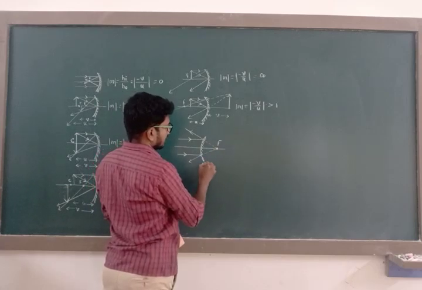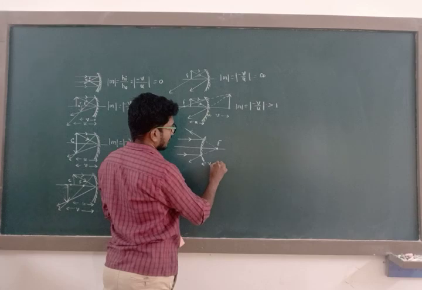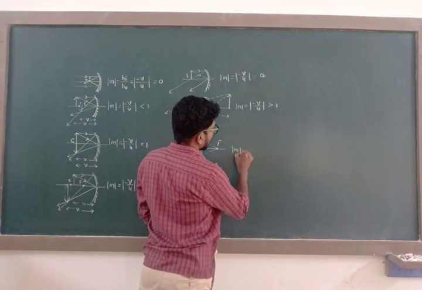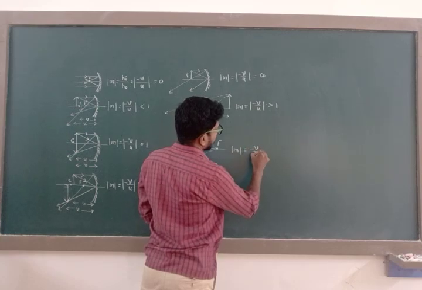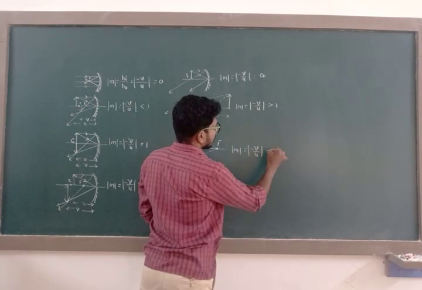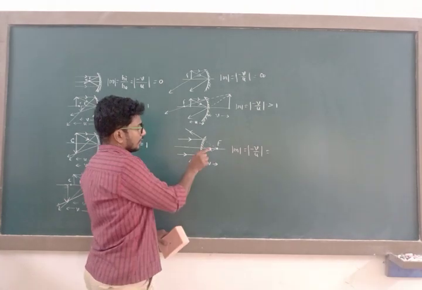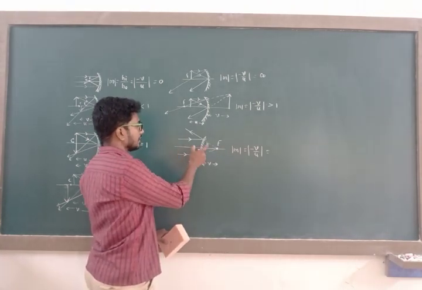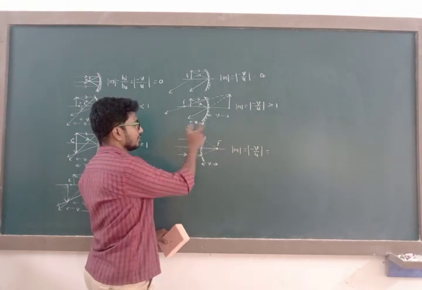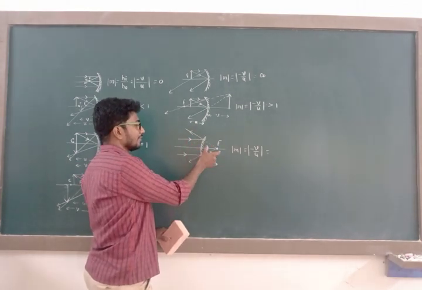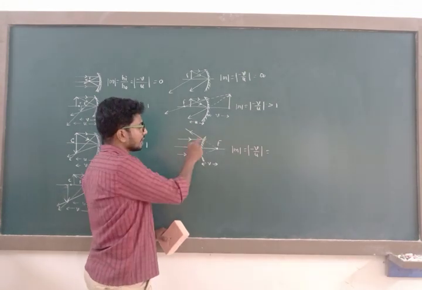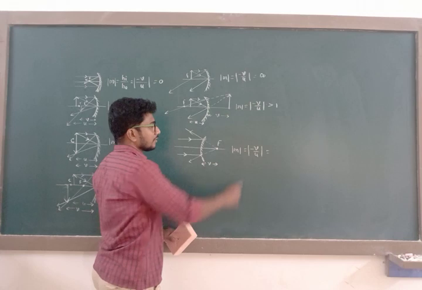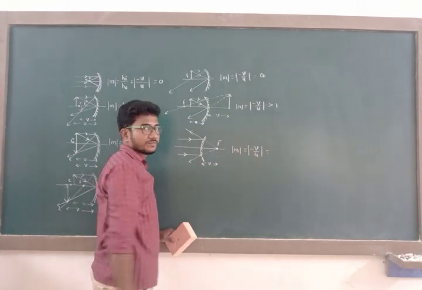Image distance is equal to focal length. Then linear magnification is equal to minus V divided by U. This measurement is in the direction of incident light, because direction of incident light is left to right. Direction of measurement is left to right. So both are in same direction, therefore this V is in terms of positive sign. Positive into negative, negative.